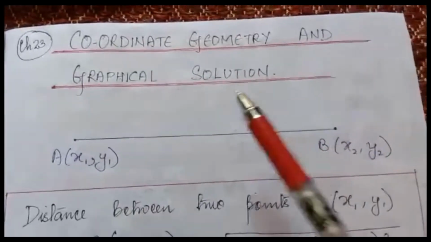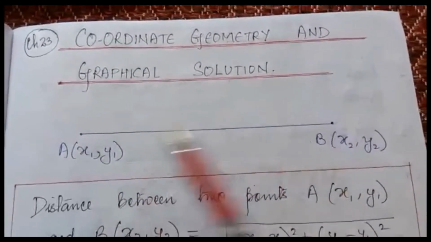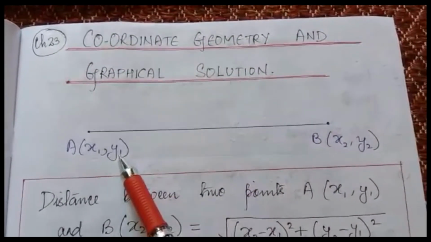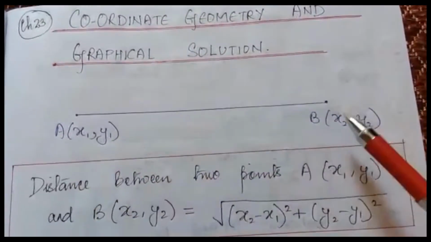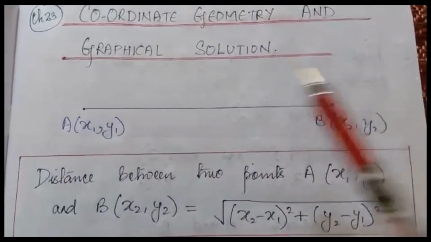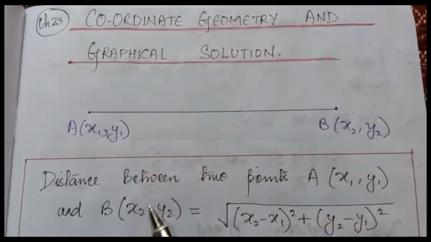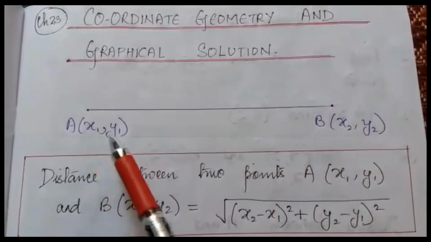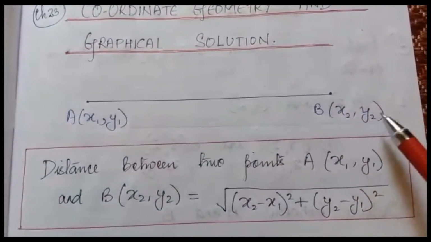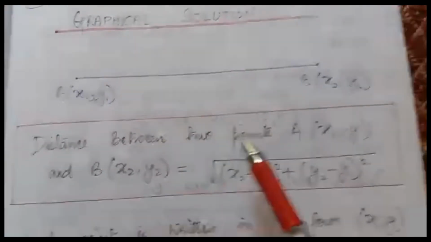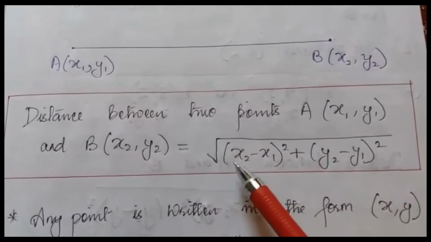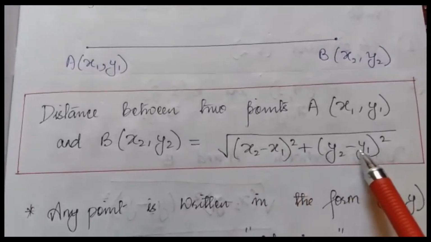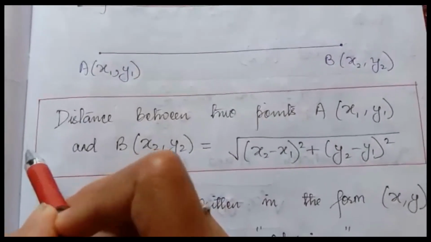points. So, suppose here are 2 points A and B, and you know points is always written in the form xy. A is x1 y1 and suppose B is x2 y2. Then how will you find the distance between these 2 points? To find the distance between A and B, first point we will consider x1 y1, second point we will consider x2 y2. So to find the distance between the 2 points, we have one formula: square root of x2 minus x1 whole square plus y2 minus y1 whole square. So with the help of this formula we will